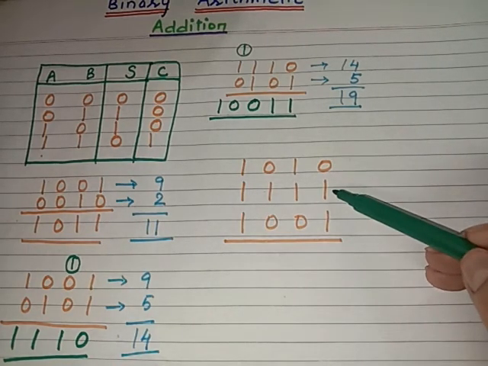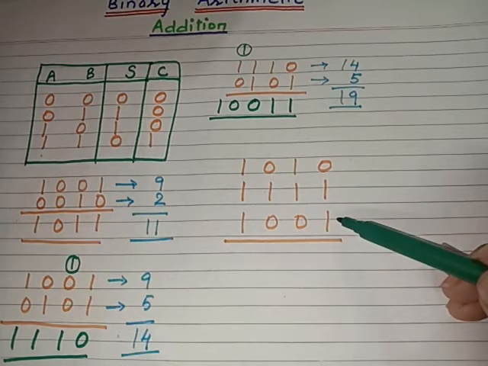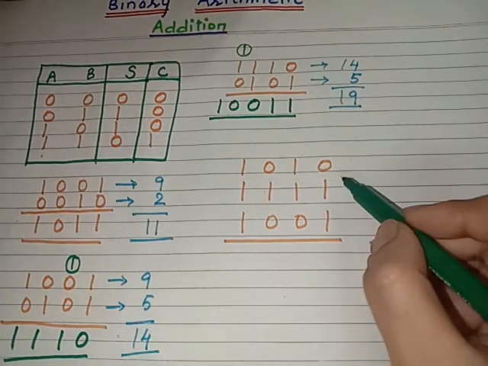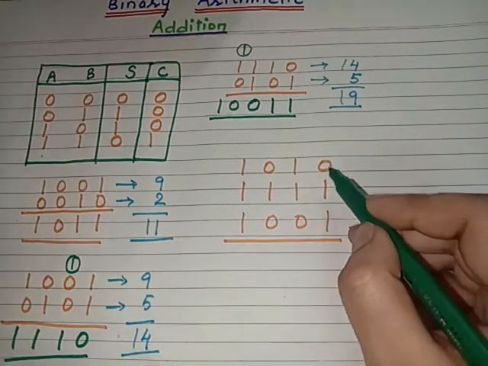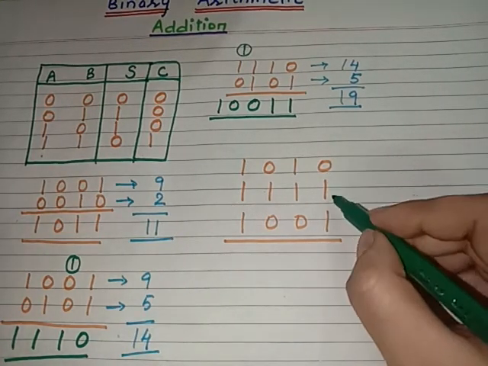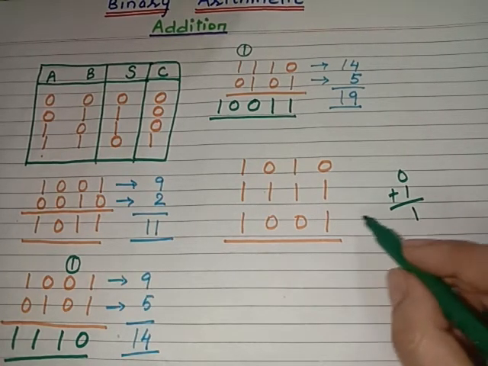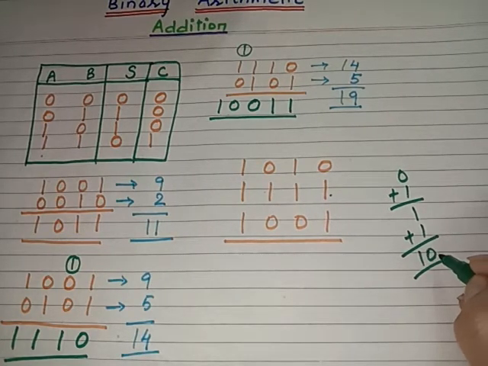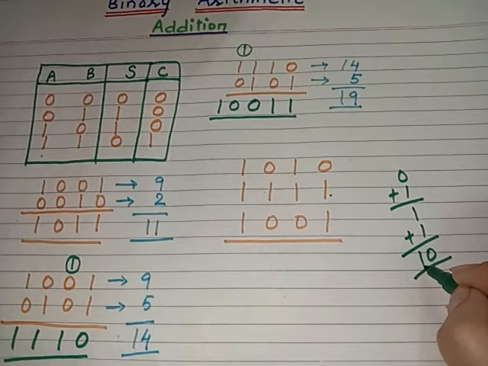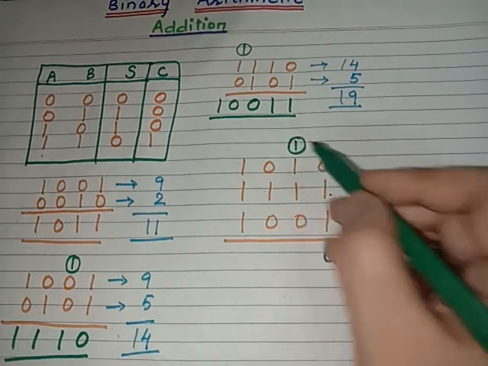The 0 plus 1 is 1, and again that 1 will be added into the third one, that is 1 plus 1 is 10. So now the thing is, if you are not getting the things properly, I will be here telling you that this 0 plus 1 is equal to 1. Now in this result 1, I am going to add this third one, that is equal to 10. Now this 0 will go in the sum and this 1 will be the carry. So this is the 0 and here it will be the carry.